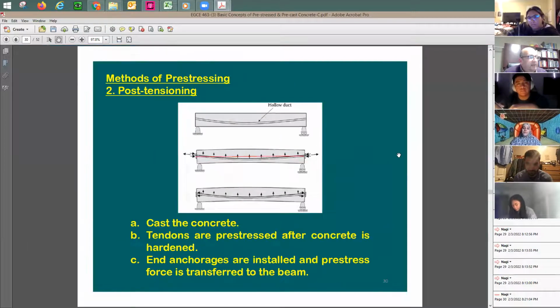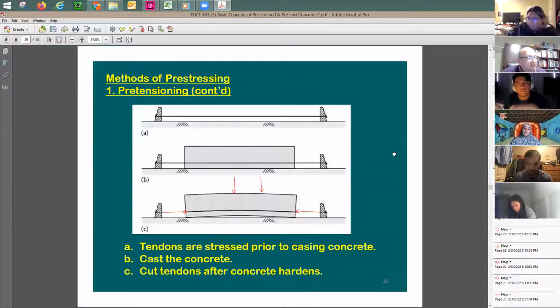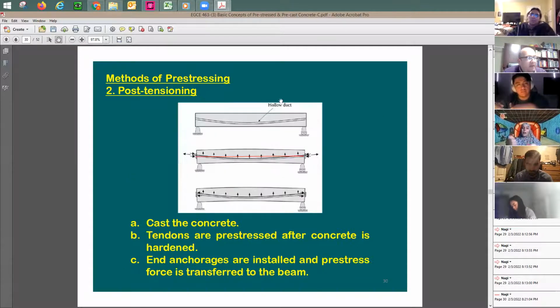So here's again the main difference. In the pre-tension, you put the tension first to the cable, and then you cast the concrete, and then you cut the cables from both sides. Now you transfer the force to the beam itself. In a case like this, you put the strands first, you cast the concrete, and then you apply tension to the cable. So in a case like this, you don't have bond at the beginning between the concrete and the strand. And also the force that you have here is going to be applied at the end of the